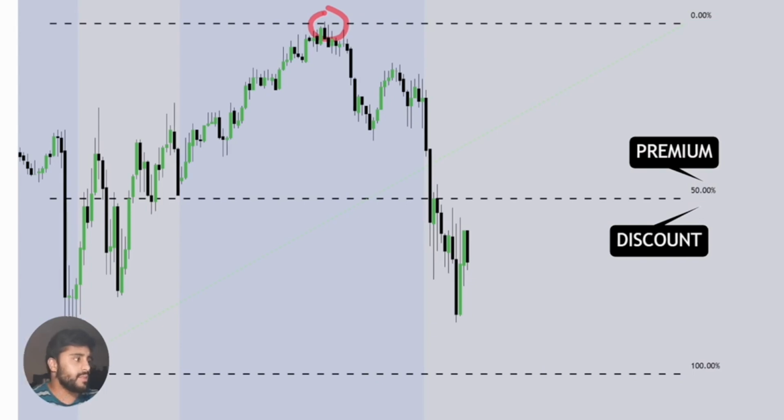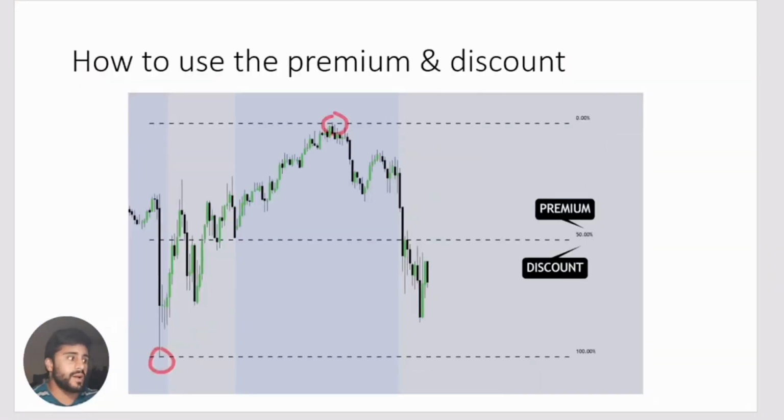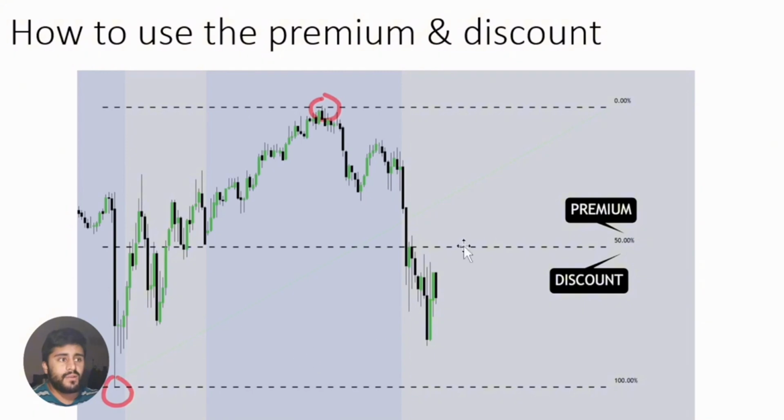Now, once we understand that, if I zoom out a little bit, what we want to understand is that we have our 50% here. This is the equilibrium. And